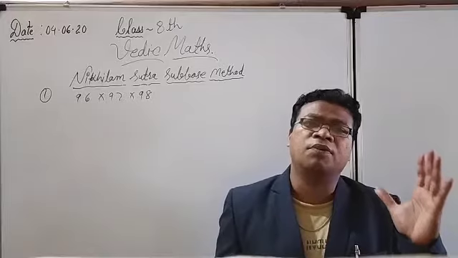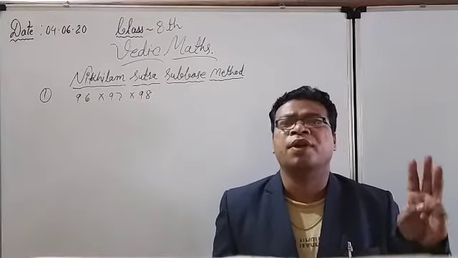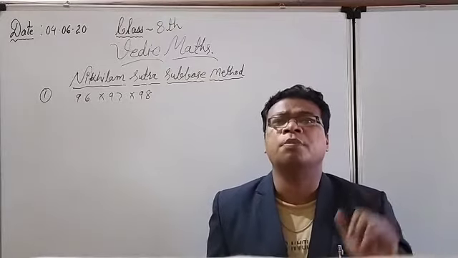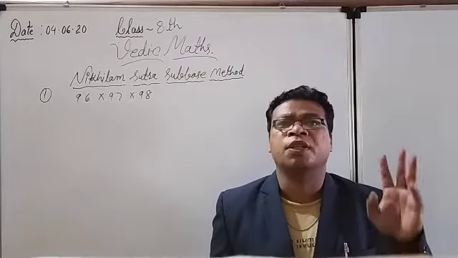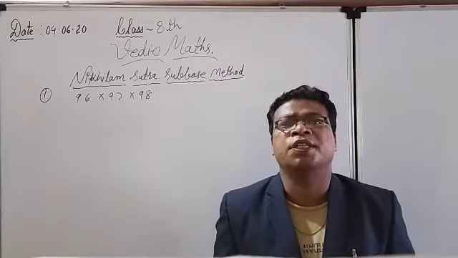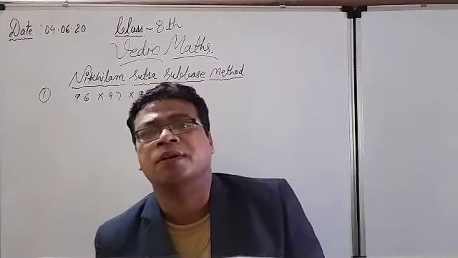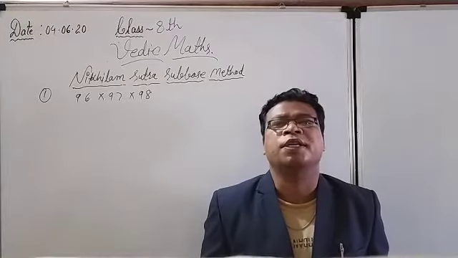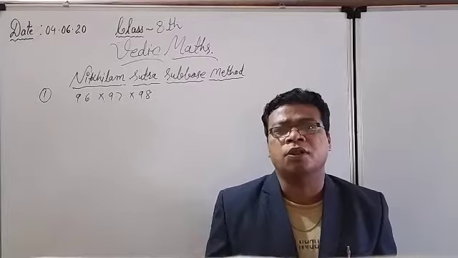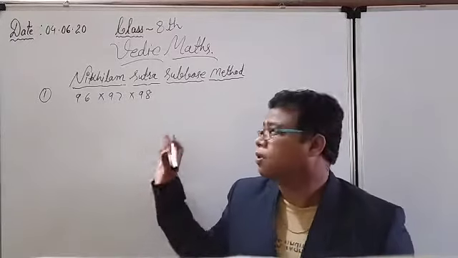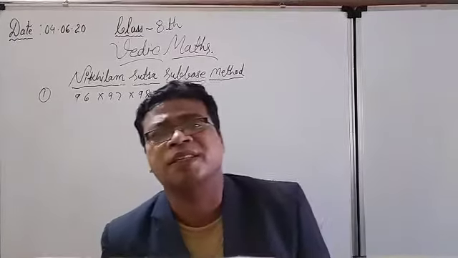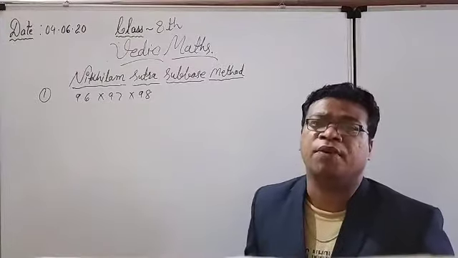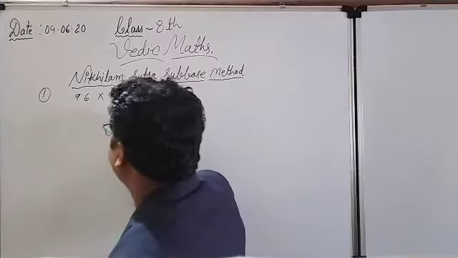And right now we were working on the multiplication of 3 numbers, where all the numbers are 2-digit numbers. In my last lecture I solved one question also, 21 into 22 into 23, based on this particular method. In the same series we have to see some other questions also. Right now you can see the question I have written in front of you. So solve it. How do we do it?